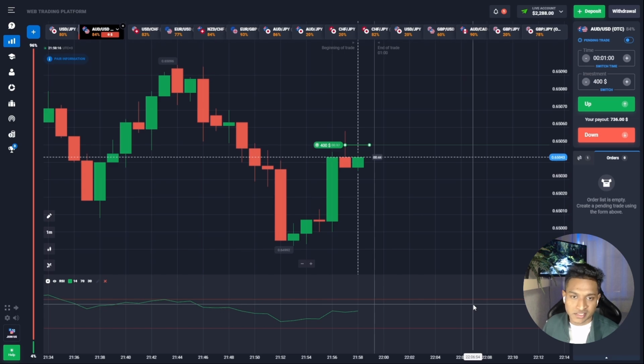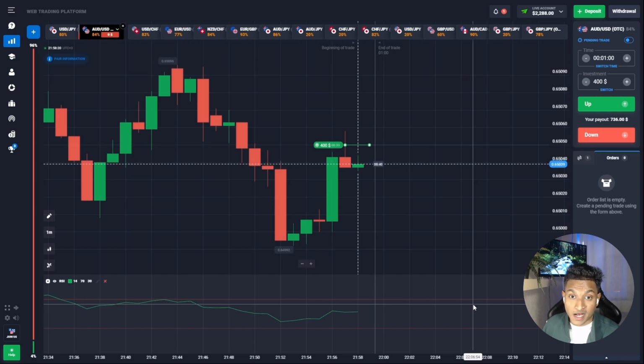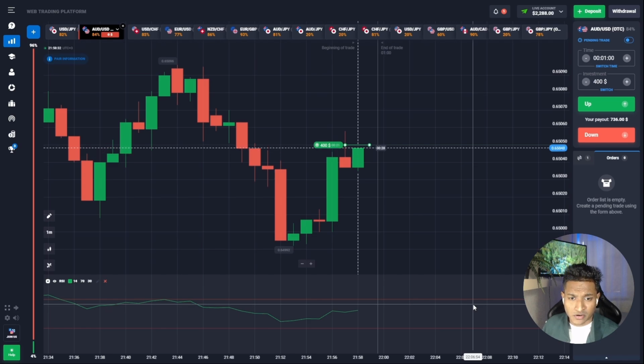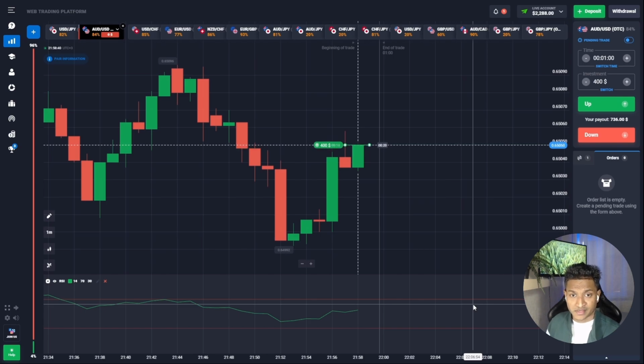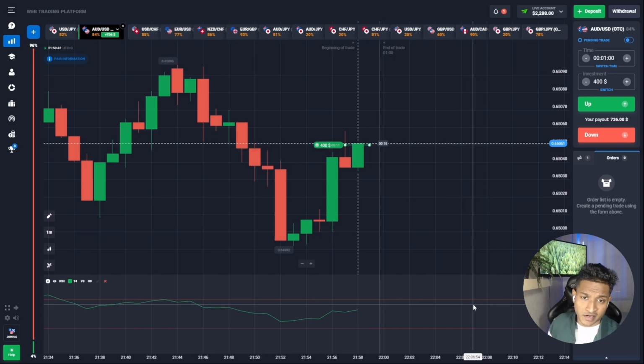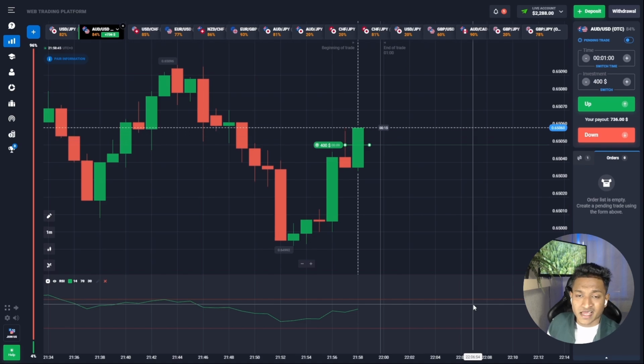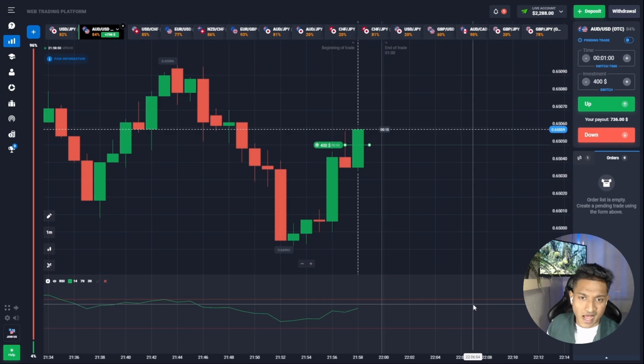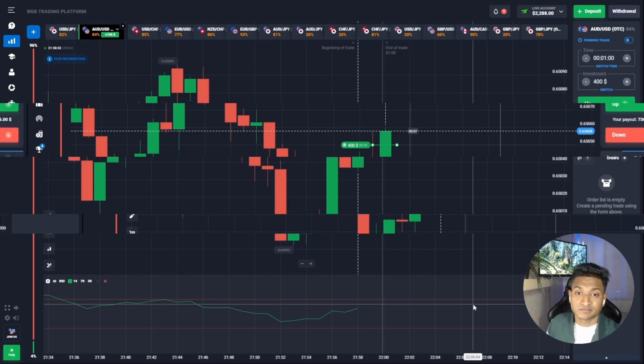Okay, be patient, don't panic, don't get nervous. I should have waited until, according to the RSI indicator, what's going on there below. I think still we have time, don't panic. Still we have time to make our profit, because sometimes fake candles show up. Don't panic. Yeah, I'm making this profit as I told you.